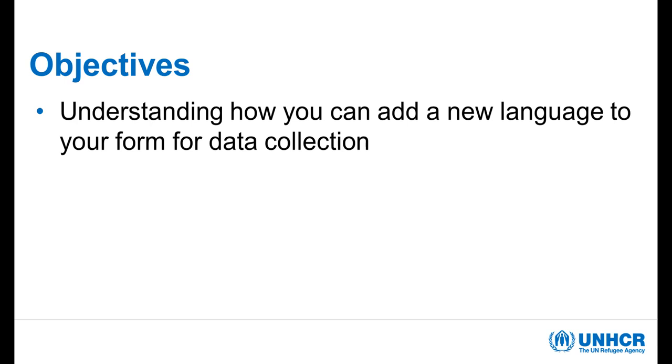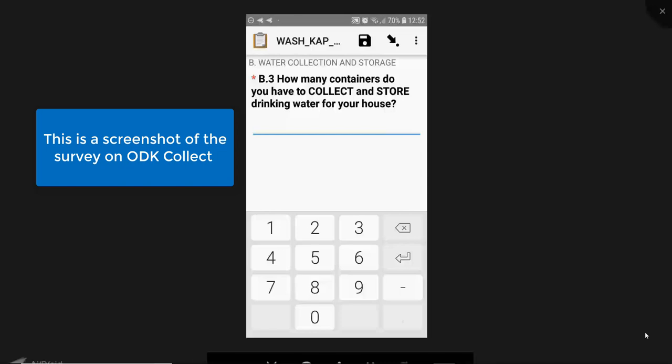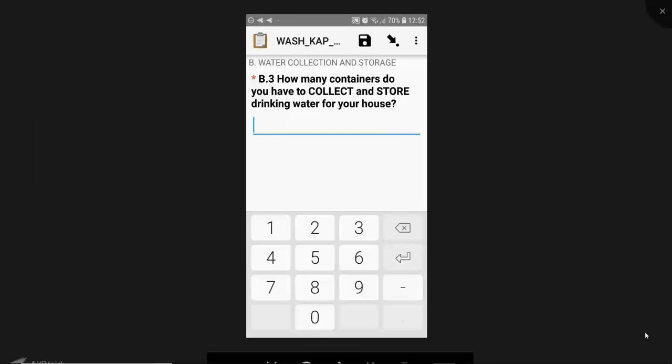The aim of this video is to show you how you can adapt the WASH KAP standard form to integrate other languages. The standard version has French and English, but you can add whatever language is necessary in your local context. We definitely recommend the form be translated to the languages most used in your context. So, for example, if you look here at a phone,